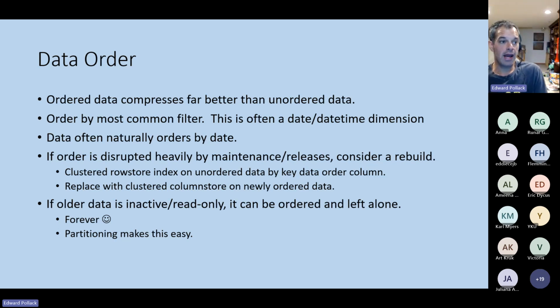But you very well are going to have older data, maybe log data, or old data warehouse style data, or old data lake data, or whatever, that is inactive, which basically means it's read only. So you created data before today that will never change again. Or if it changes, it'll change infrequently, when there's a software release or a major update or something. If you have old data that's not being changed, you can leave it alone in its perfect order until forever